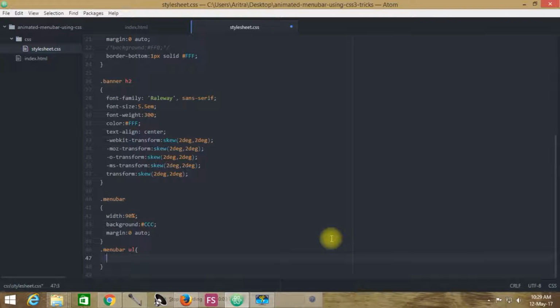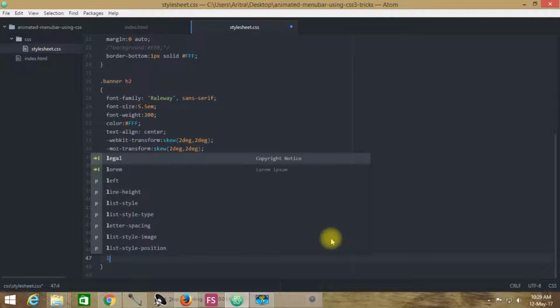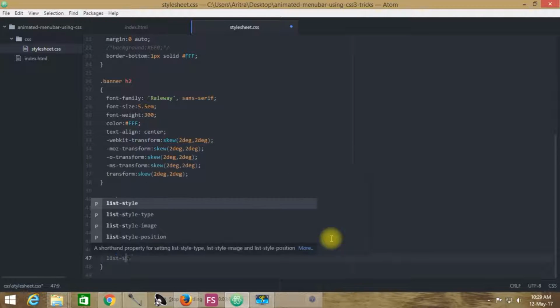I think you are pretty familiar with how to create a simple menu using HTML and CSS. That's why I'm not repeating any of these instructions over here again. But in case you have missed our previous tutorial, there's a link I have provided in the description. You may just get to that particular video and observe how to create a simple horizontal navigation bar. Now we are just creating this menu bar item over here.